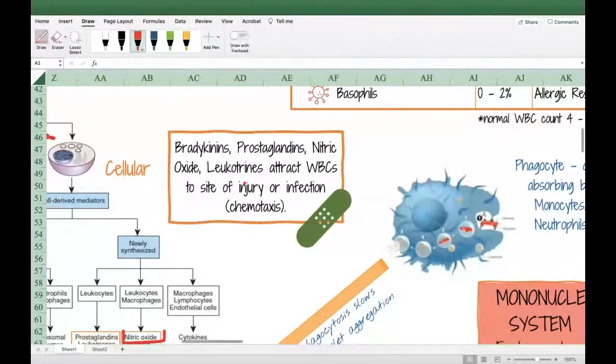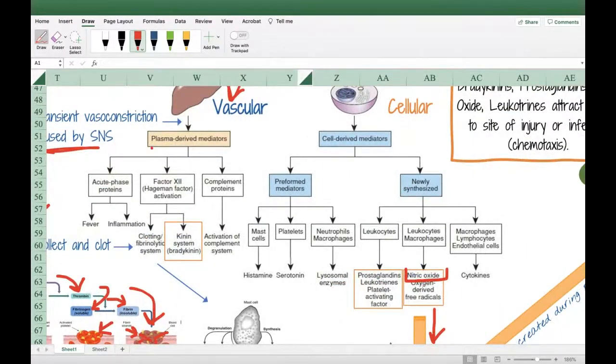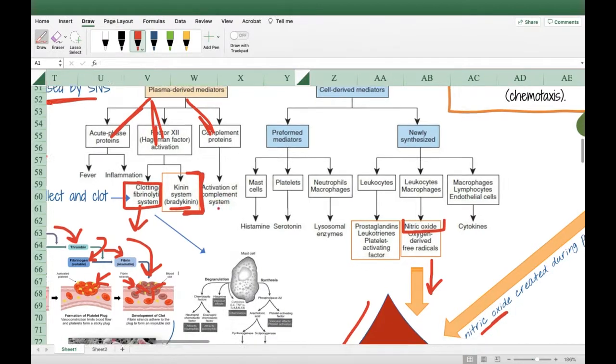Remember we talked about, I'm just going to scroll back over here a little bit. Don't worry about all of these really complicated things. Thankfully for your course, you don't need to know all those. We talked about this clotting, this fibrinolytic system. That's what's going on here. You don't need to know any more about that. One of the other things being released during this process are these things called kinins, which are just another kind of inflammatory mediator. Really, the one we're going to talk about is the bradykinin. So that's also being released during this vascular response,